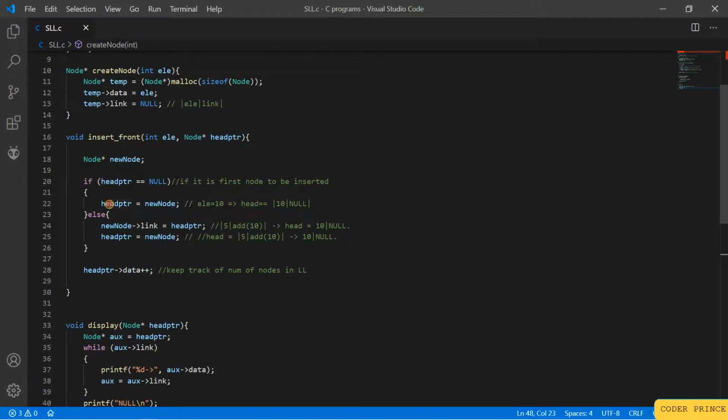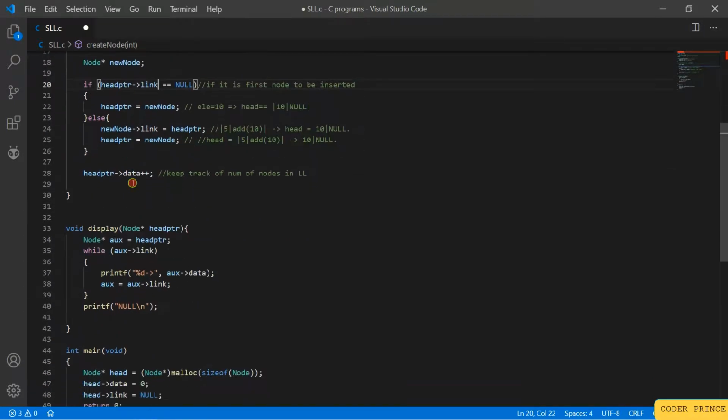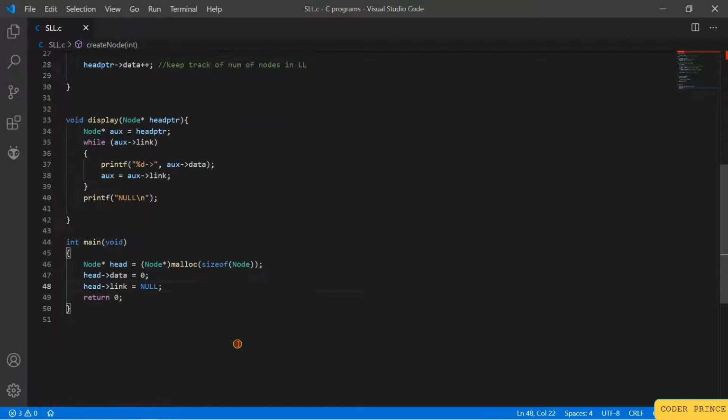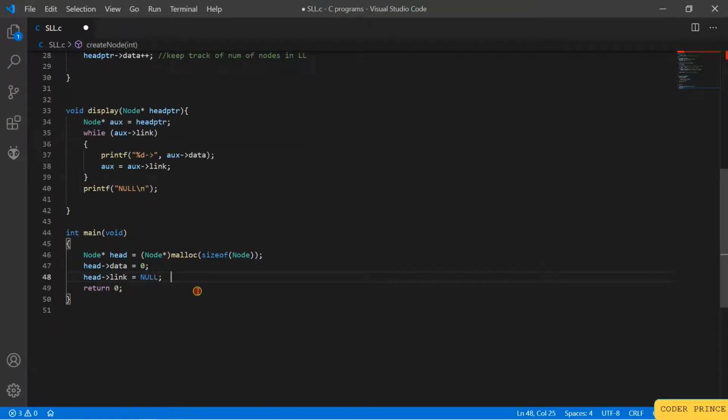So here, instead of saying head pointer pointing to new node, I will tell here the condition will be head of link is null. That becomes, now head is created, but head of link is null. There's no first node. So head is somewhere here, and it's pointing to a node which is over here. So here if I say 5, the first node, it's null. So this is how it points, right?